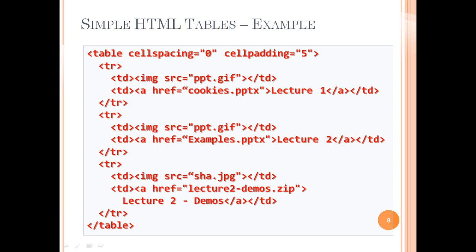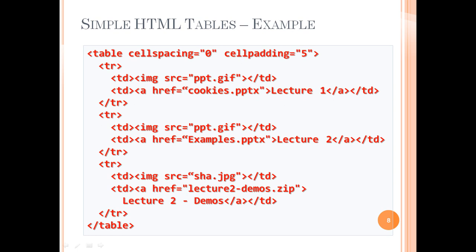The table is one of the most useful HTML constructs, and tables are found all over web applications. The main use of tables is to structure pieces of information and to structure the whole web page. Everything that we write between these two tags forms the table, and the attributes of the table control the formatting of the table.